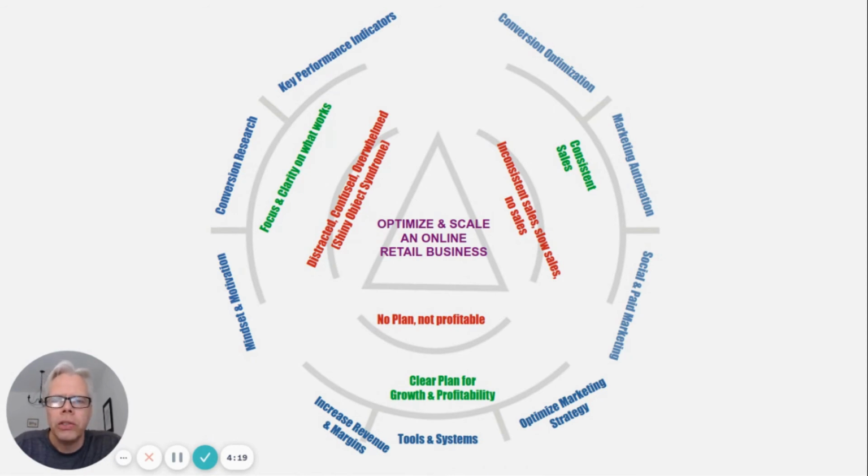We're looking into ways to increase your revenue and margins to basically get a higher average order value, a better lifetime customer value, and all of these things that make your store finally profitable and make it possible for you to achieve your business and maybe also your lifestyle goals. And with that, obviously, tools and systems that support the plan to make it easier. Just choosing the right tools to run your business helps a lot to achieve the scalability of your business.